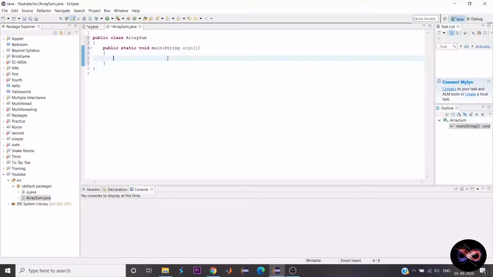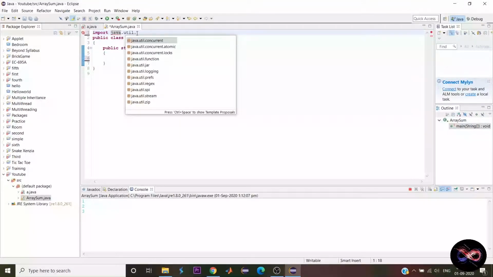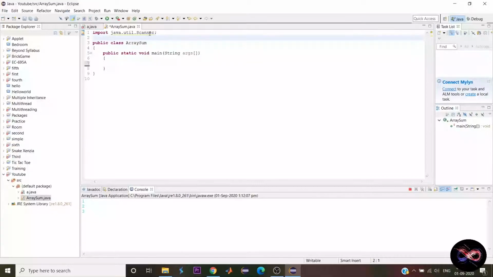Now for the question part, first we will take the input as the size of the array. So for taking input, we need to first import a package. So import java.util.Scanner. So this is the package that we need to import. The Scanner is the main part. We will scan the input from the user. You can also use java.util.* in place of Scanner.